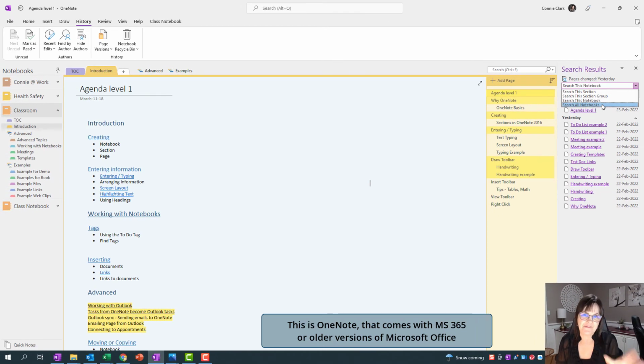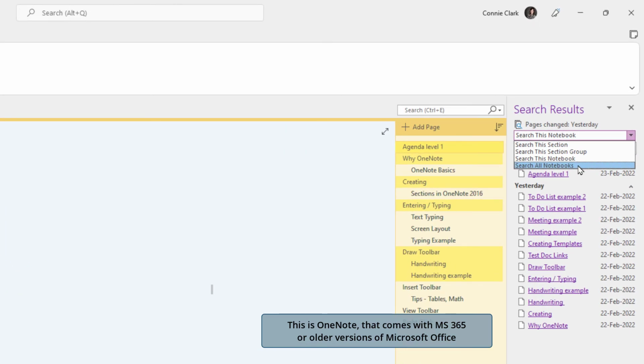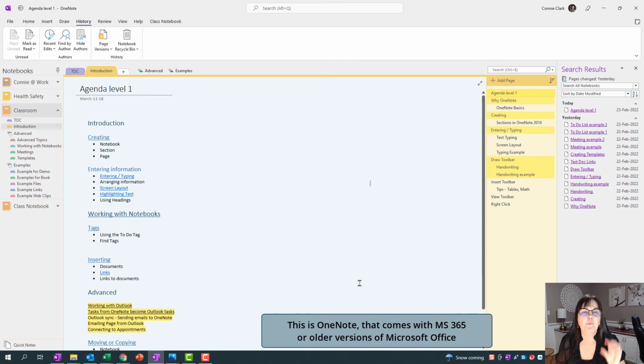mind on this particular version of OneNote, on the left side, you can see the notebooks I have open. I only have 4, whereas in the other version of OneNote, I had way more than 4. So it's only going to look at whatever notebooks I have open right now. So search all notebooks. Unfortunately, it didn't change anything. It has the same list of stuff because I haven't done any other work in any of these other notebooks. So maybe we should open up another notebook in here so you can see it populate some more